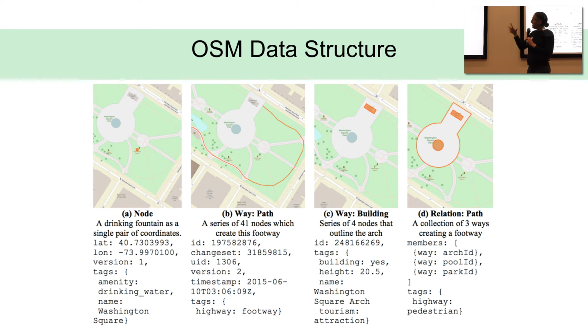All of the data on the map could be as simple as nodes, or it could be a set of nodes connected in a path, like a road, or it could be a closed path. Most of the closed paths are buildings, but if you have a running track, it's a closed path, and you have to say building no. By default, it assumes that closed areas have a building, or they could be a field or something like that.